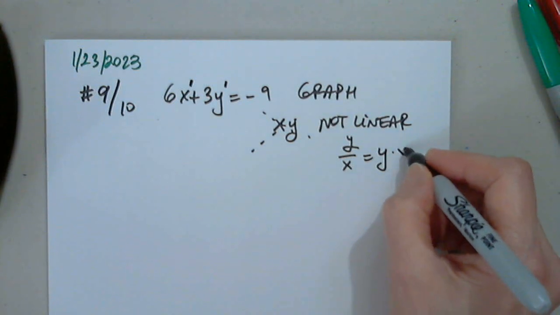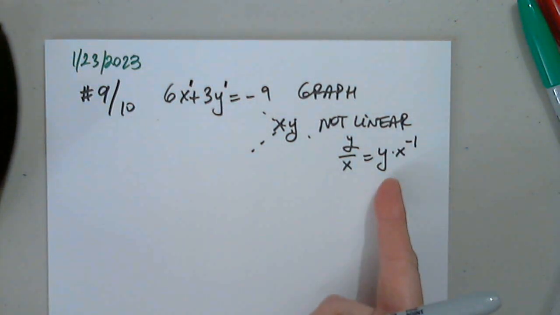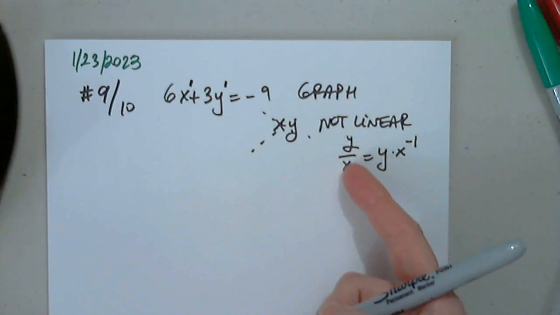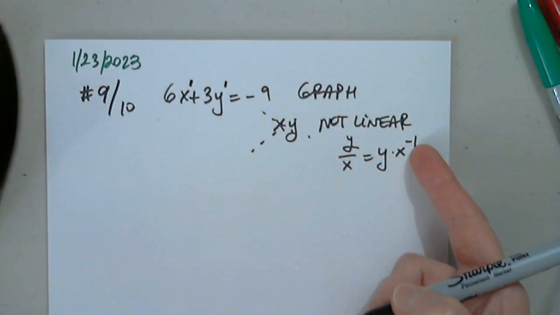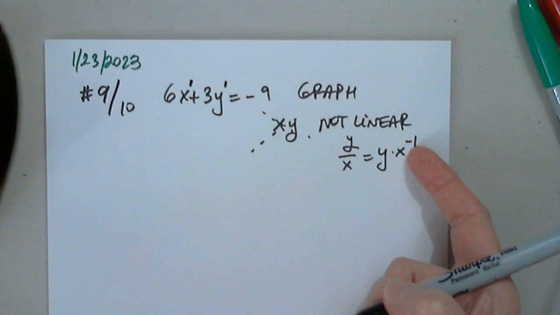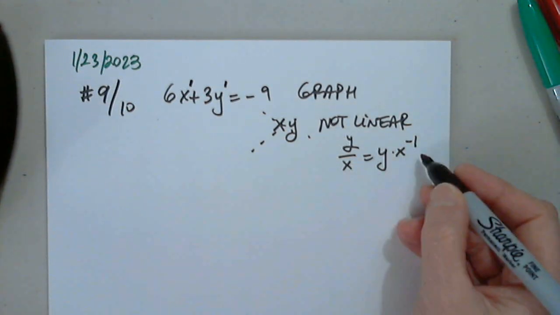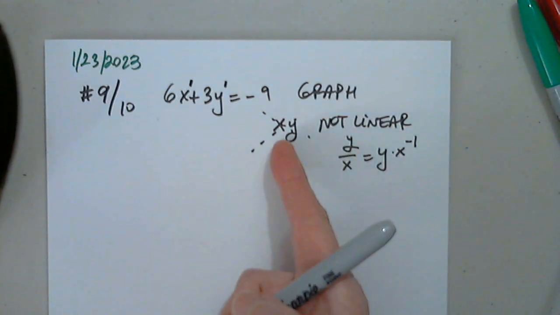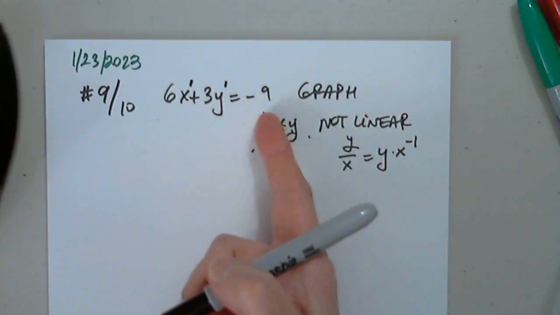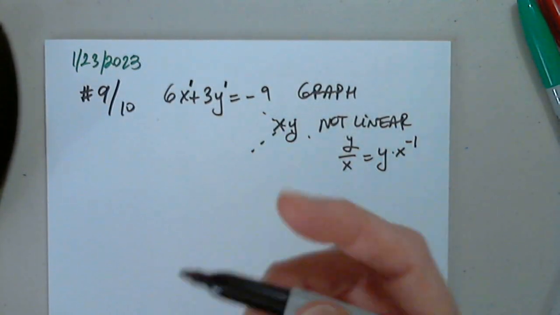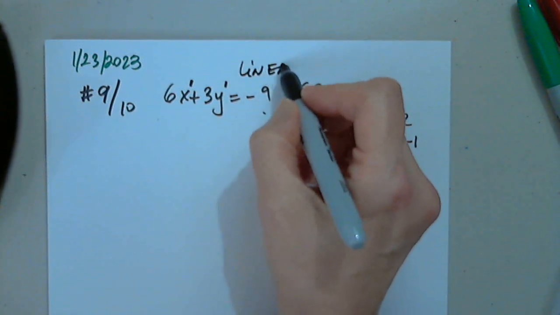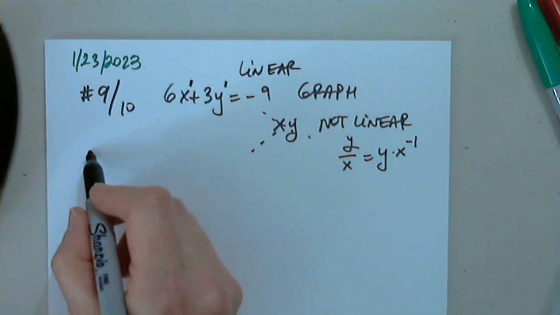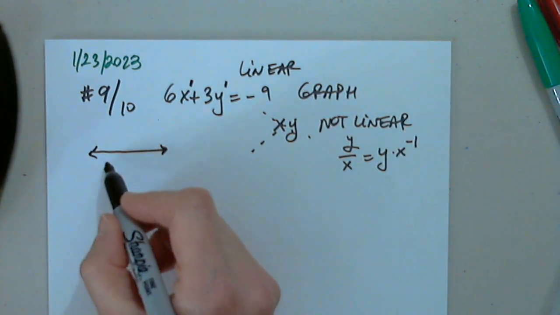So let me refresh your memory on this. That's important. If a quantity is in the denominator, it basically has a negative power, -1. If it has 2 here, then it would have -2 here. So this is not linear and this is not linear, but this is linear. When we say linear, we mean several possibilities. So this is one, which is a horizontal